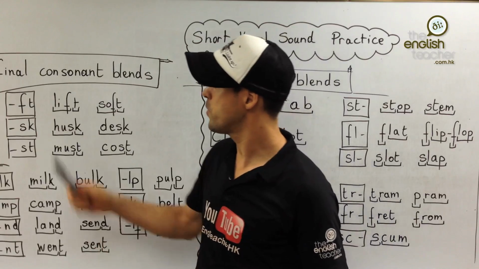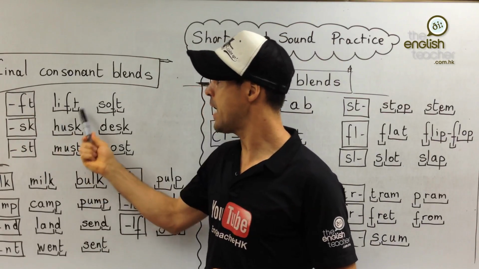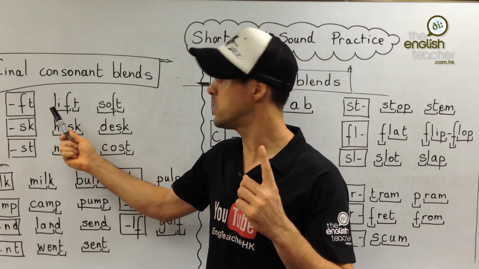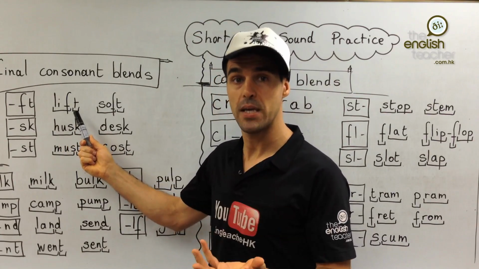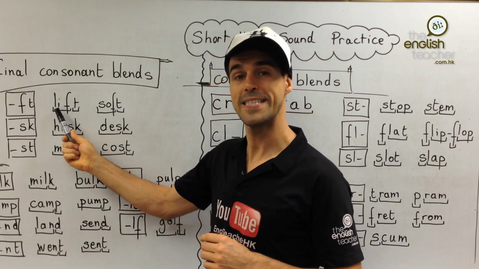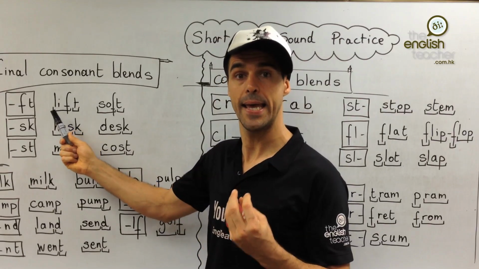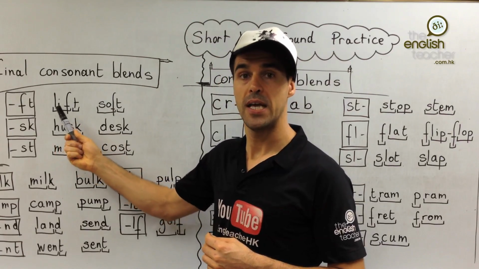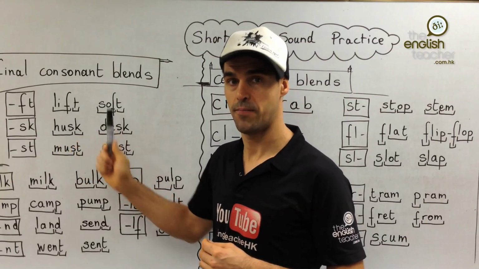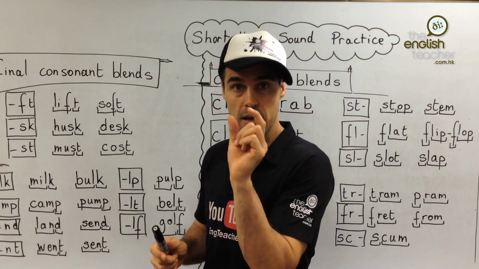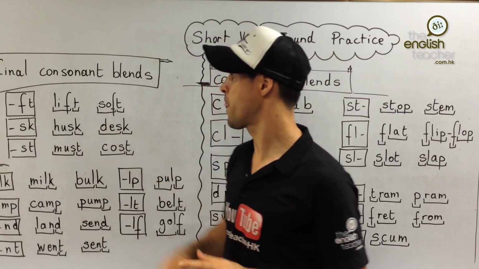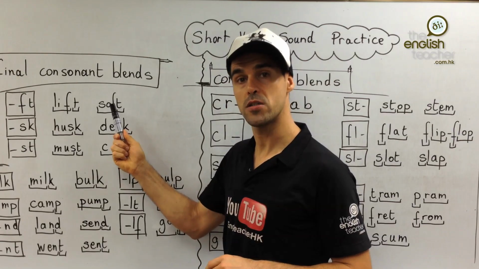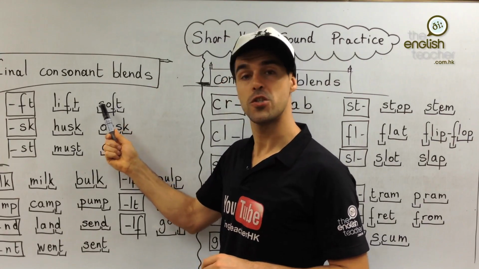And final consonant blends, we've got FT, so words ending in FT, for example, LIFT. So there is only one vowel in the word. The word ends in a consonant. That means it's a short vowel sound, okay, like in the word sit. Alright, so we take the I, and then we say li, and we add an F. Lif, and then a T. Lift. So it's a short sound, okay? Not a long sound, it's a short sound. Lift. Next one is SOFT. So again we have FT here, but this is the O like in hot. So we're going to say O, so, soft,